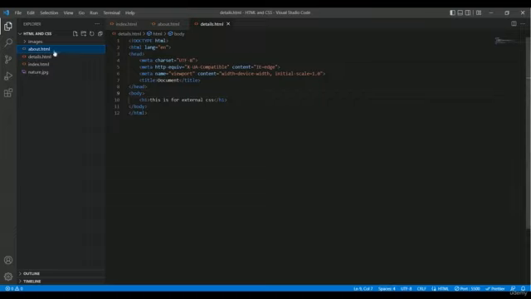So you can take a look inside our HTML and CSS folder. We have a total of 4 files. Remember one thing, this images is not a file, this is a folder, and inside the folder we have images, as well as another image in here. But inside the HTML and CSS folder we have a total of 4 files, and inside of HTML and CSS I want to create another file. For creating a file, you just have to click on this new file option, and I want to write